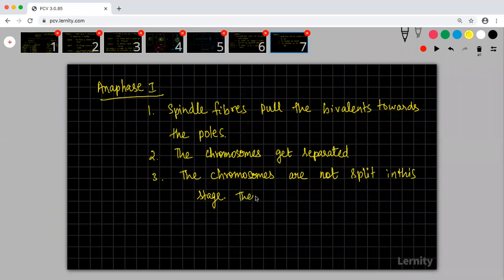They just move towards the polar region. Okay, so listen here. What will happen here is